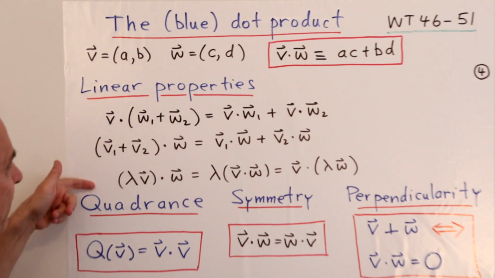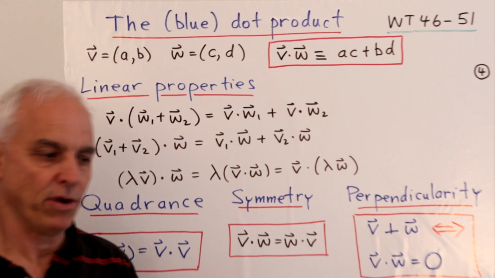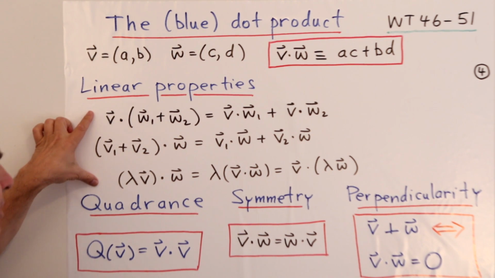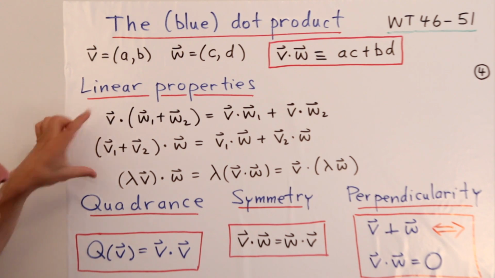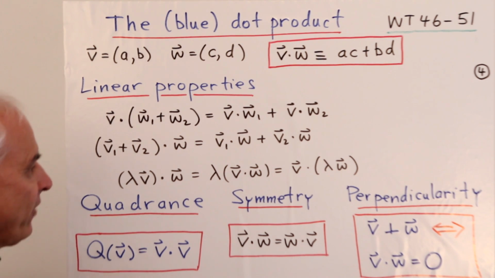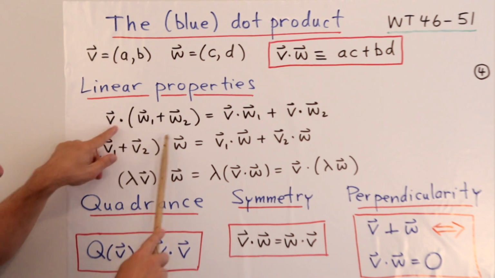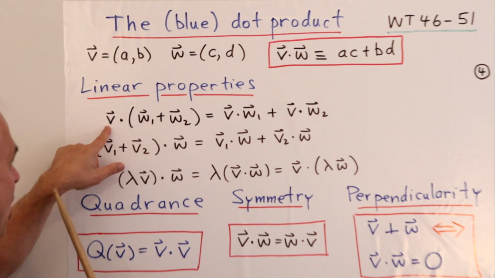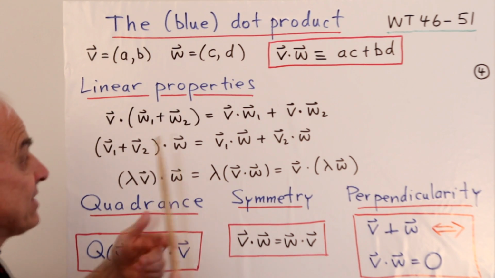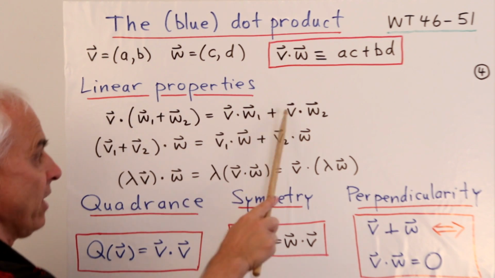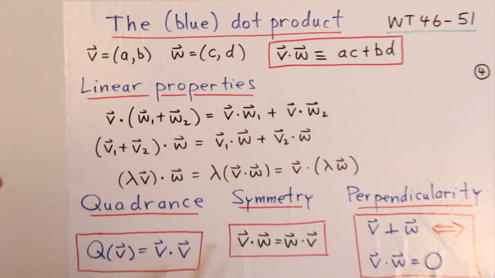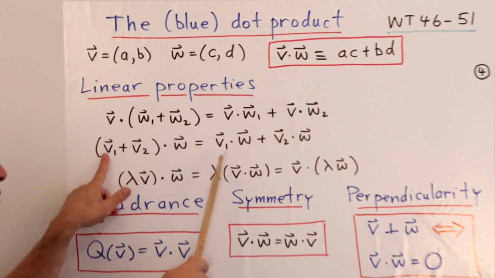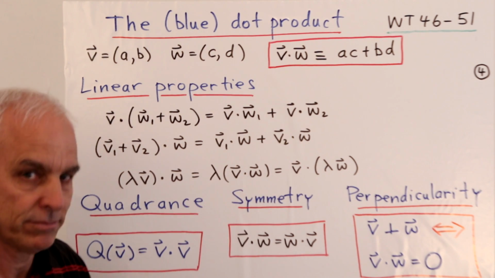Okay, so there are various properties of this dot product which are important to identify. Firstly, we want to remind ourselves or observe that the dot product is linear. And what does that mean? Well, it means that if you take, say, v dot the sum w1 plus w2, so here are two vectors being added, you take the dot product between v and the sum, then you get the sum of the dot products v dot w1 and v dot w2. And that also happens on the other side. So if we take (v1 plus v2) dot w, then we get v1 dot w plus v2 dot w.